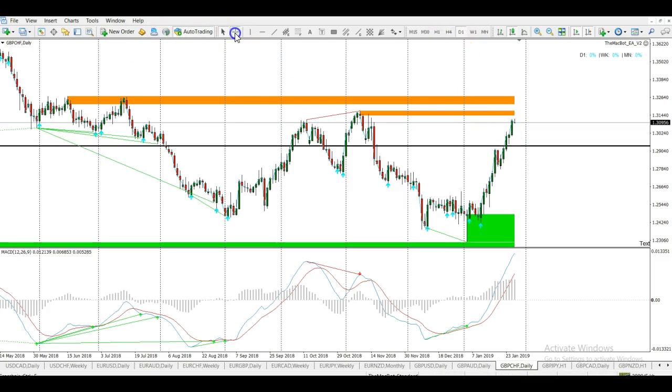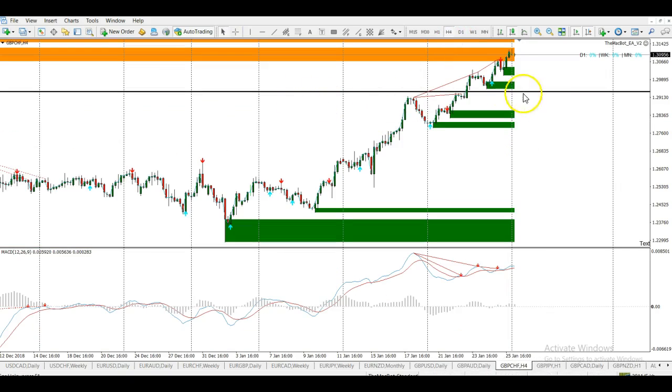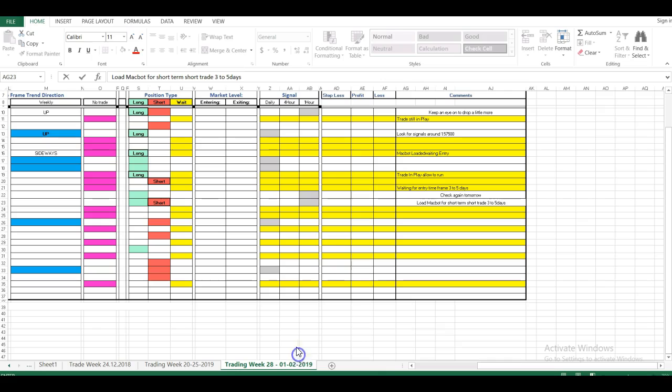Should be a nice easy target for it to bounce, but we'll keep an eye on the 4-hour chart to see if there's any areas possibly where it could hit. I'm liking it around here. Okay, next one is